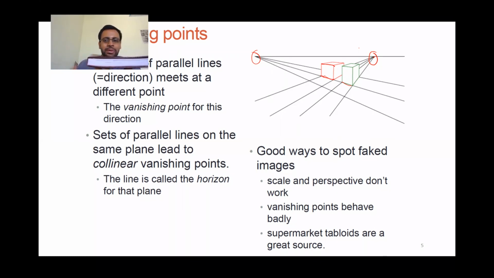Any other sets of parallel lines? The vertical ones. Yeah, for you, I think this is again difficult to say. These lines are also there. This is one set. These four also form a set. And another important property that you would observe in perspective projection is that the intersection point is what we call the vanishing point. Each set of parallel lines would converge to one vanishing point, and the locus of all vanishing points will form a line. That's a very interesting, nice property here.